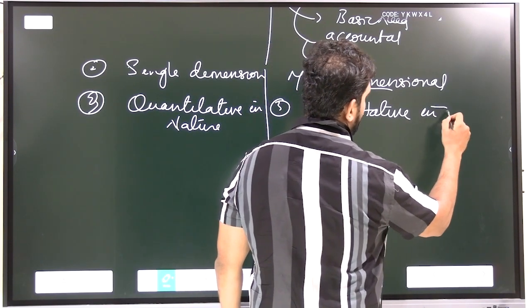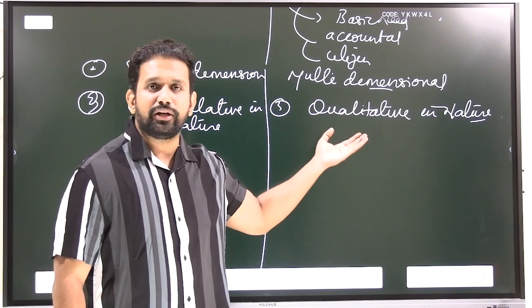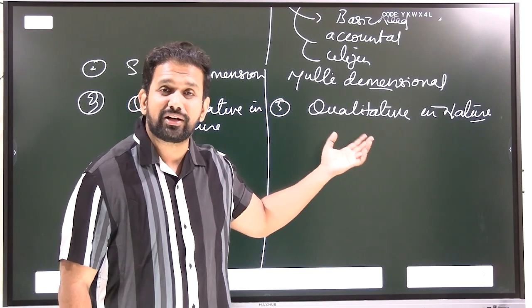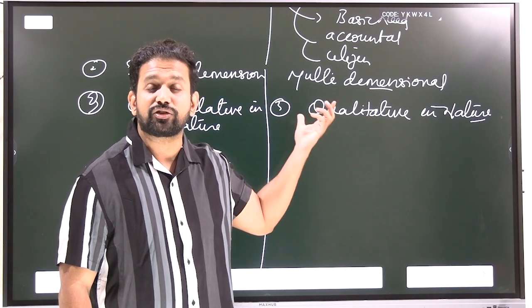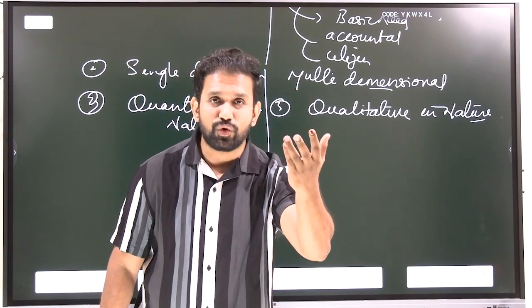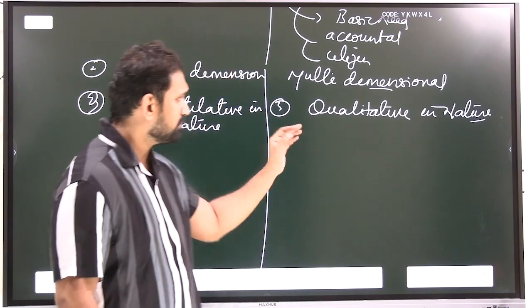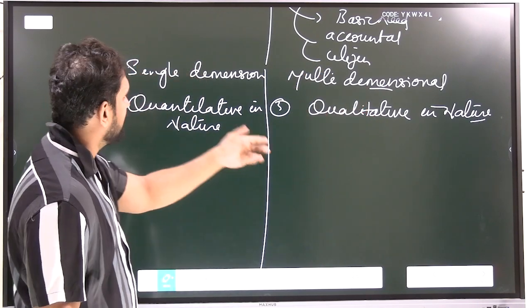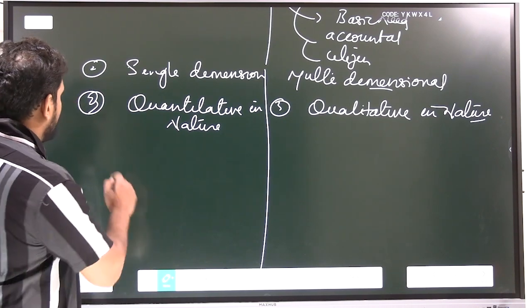Qualitative in nature, economic development means it talks about quality of life. It talks about standard of living. It talks about increased per capita income. It talks about less population pressure on the resources. It talks about safety. It talks about security. It talks about environmental degradation reducing. So it is basically more of what? Qualitative in nature. Basically all the basic necessities have to be given to everyone. Because it has more indicators, it becomes qualitative in nature. Growth has only one indicator to measure it, so it becomes more quantitative in nature.